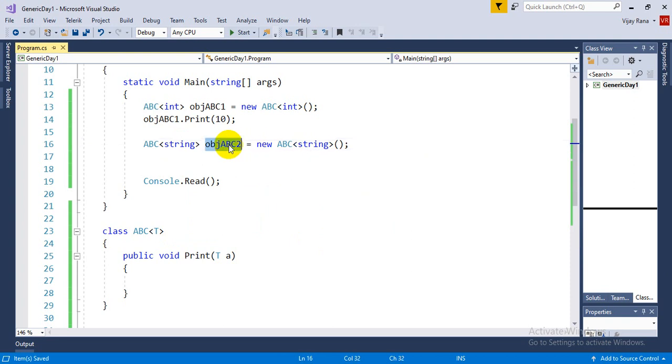And if I call this, my print method will accept the string type of parameter, because when I created this object, I passed string as a data type, and you can think T has been replaced with string for this particular object. So wherever you see T, you can think it's a string now. So calling this method, you can call this with my name, for example, or any string, whatever you want.